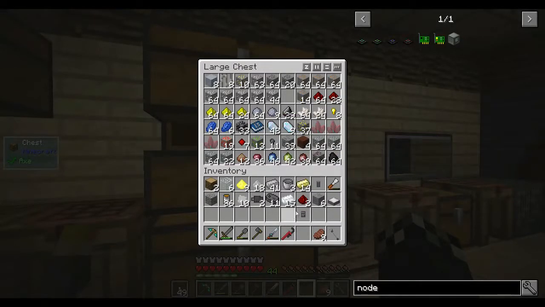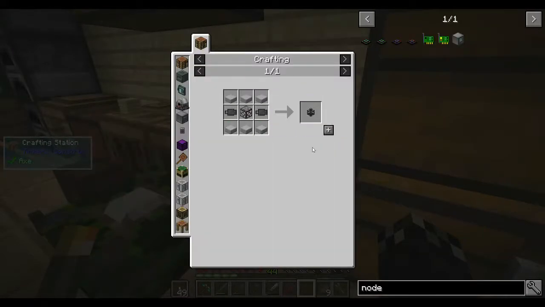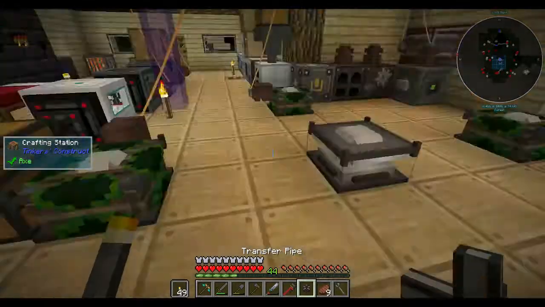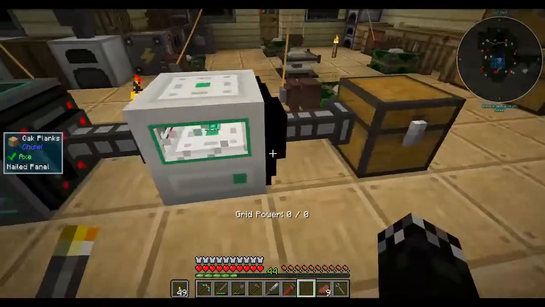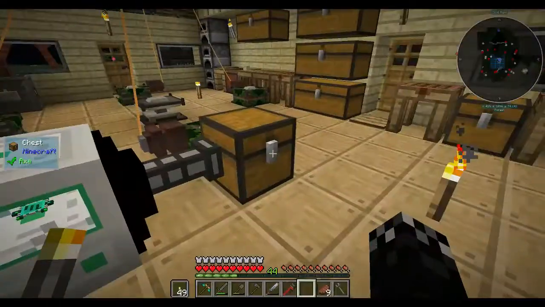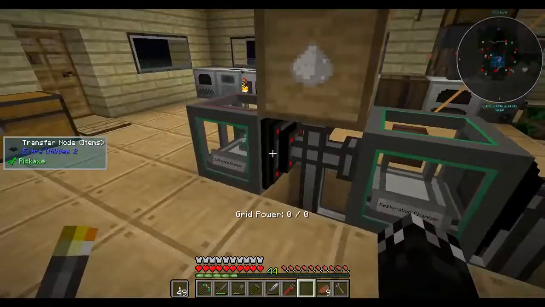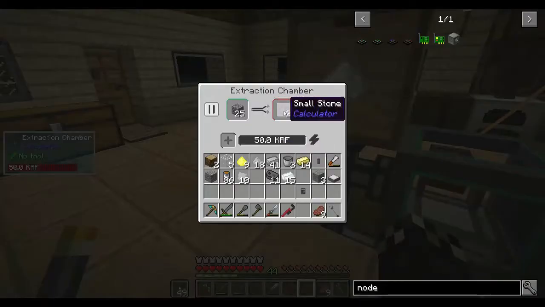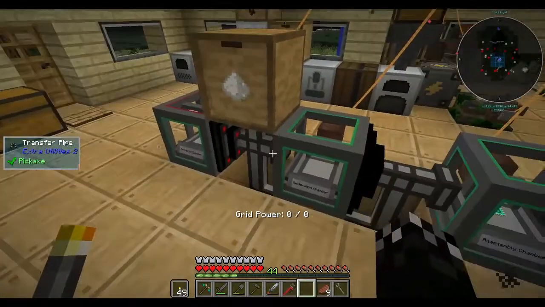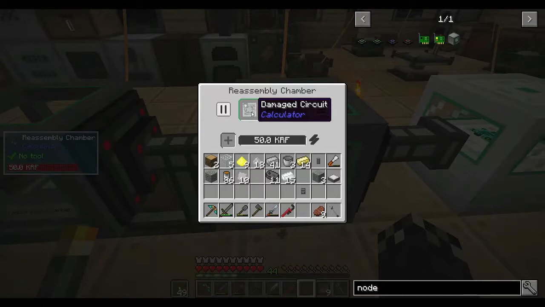What do I? No, I don't need that. I need this. Just one of these, please. Okay, and that will give us that. Give us the ability to pull the items out and into the chest. And as I said, for the moment, I'm just going to take these out manually. But this should now be automatically pulling out the damage circuits from here. It'll run underneath here and place it into the assembly chamber, which this damage circuit is currently